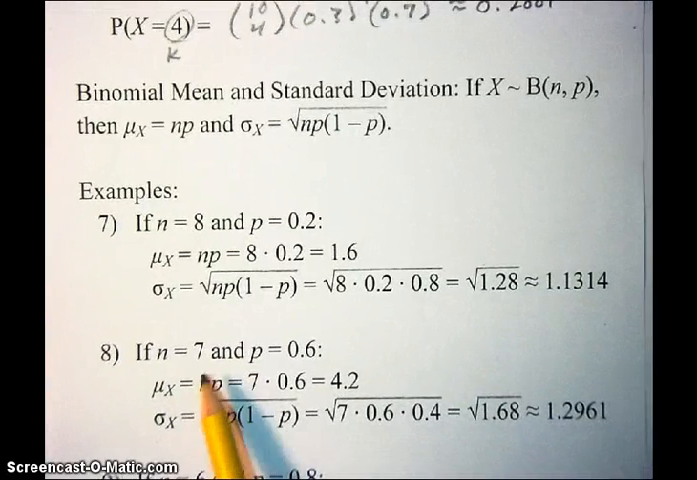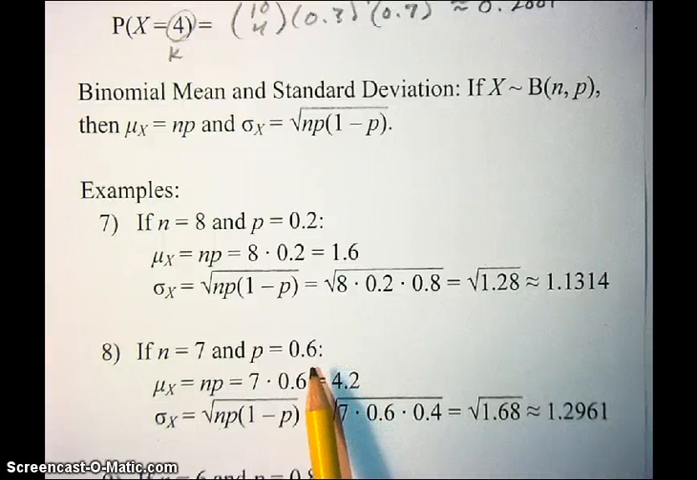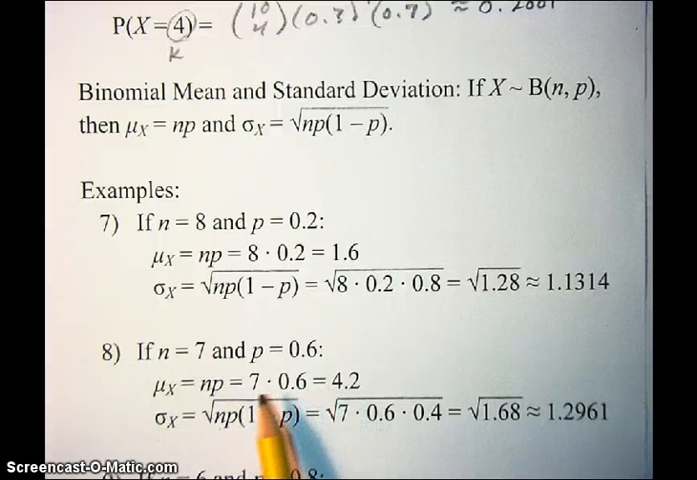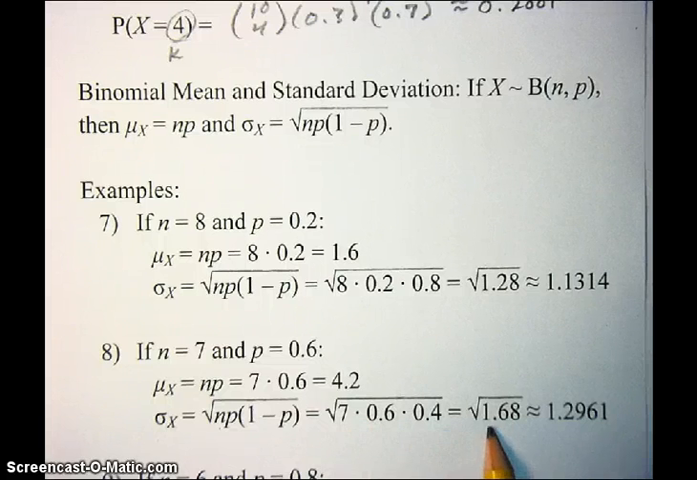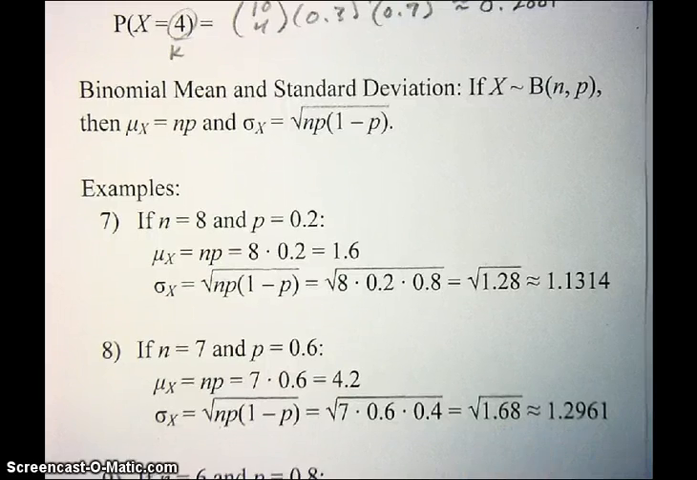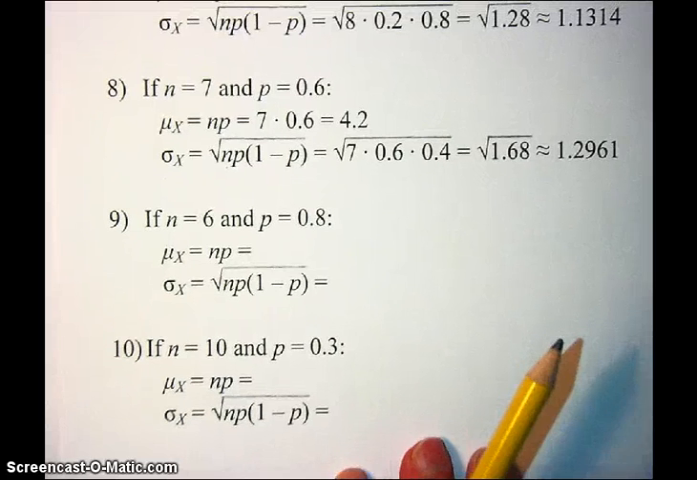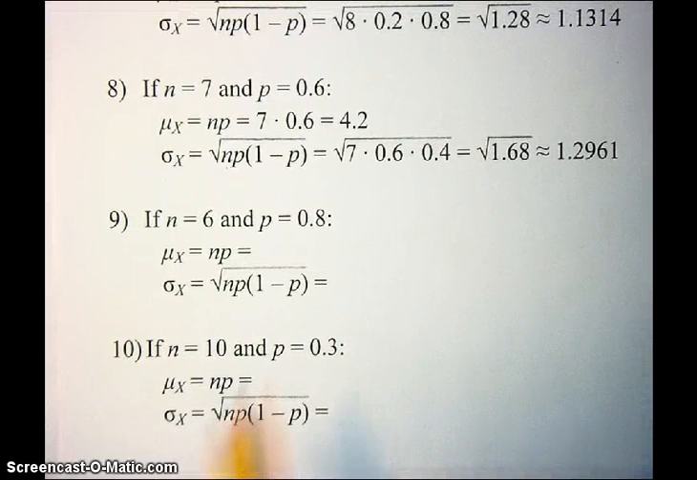If we have 7 trials and a probability of success 0.6, on average, if we did this many times, we'd expect to have 4.2 successes in our many attempts at this particular situation. N times p, 7 times 0.6, 4.2. The standard deviation is the square root of n times p times 1 minus p. It will be the square root of 7 times 0.6 times 0.4, which is the square root of 1.68, or 1.2961 approximately. Here are a couple more. You can try these on your own. Just plug in the values of n and p in the appropriate places in the formulas,